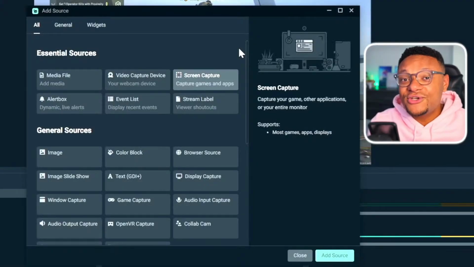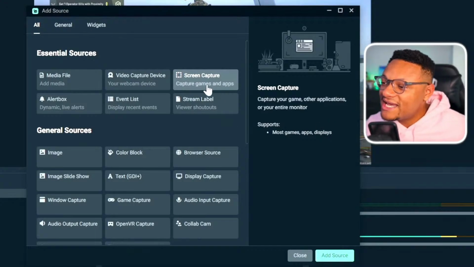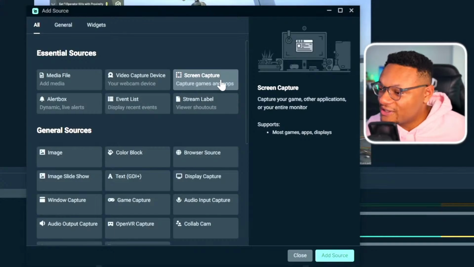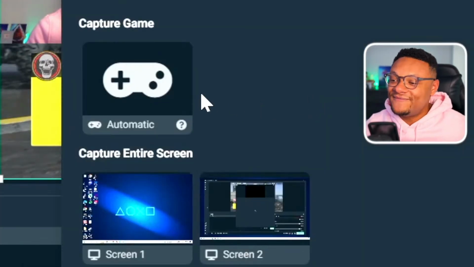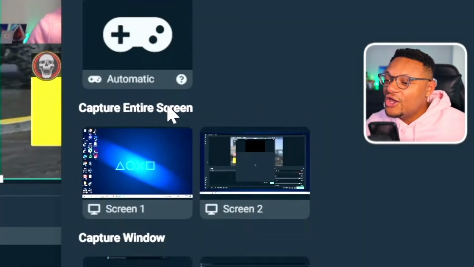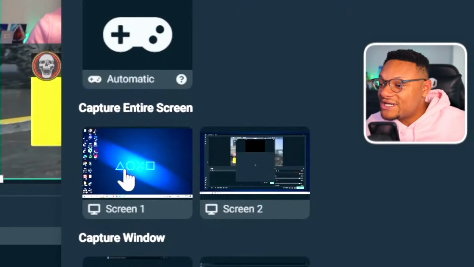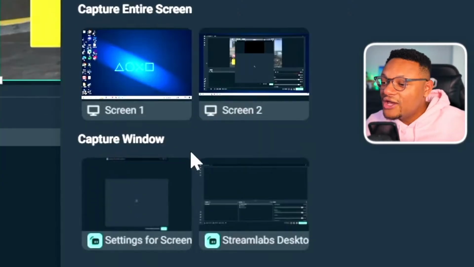Now, not all of you guys are using capture cards and you're recording gameplay directly off of your PC. So in that case, you're gonna wanna check out the screen capture source. Within this source, you can capture a specific game that you have on your computer. You can capture your entire screen or whichever monitor that you wanna capture from. You can even select to